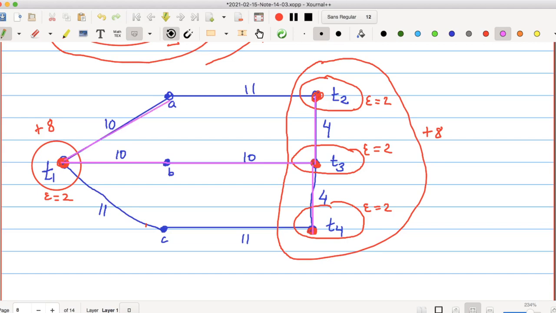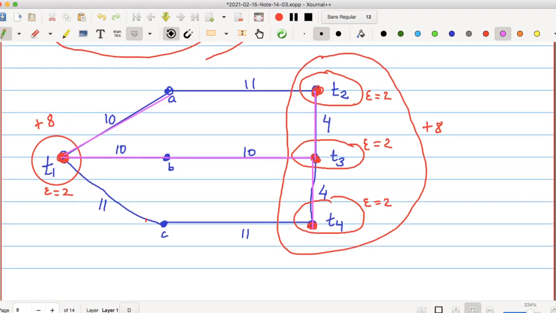Okay, and that's it. Here we see that we have a component which has connected T1 with T2, T3, T4. So we stop here, right? Because everything we wanted to connect has been connected. Okay, and we stop here.